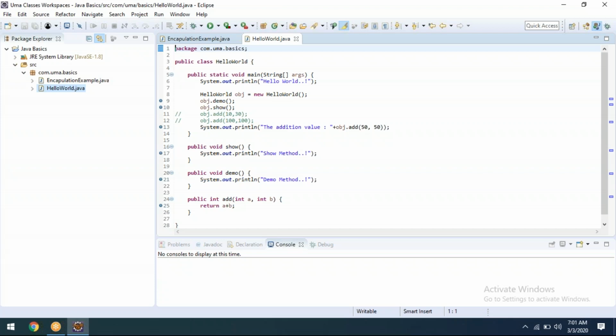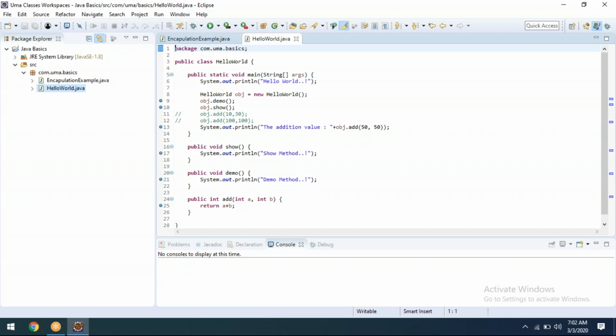Perfect, right? Now the flow is next. In real time, there is a connection between parent and child, and we are able to see that physically. Now in terms of Java, how can we make the connection between two classes, and how to acquire the properties from one class to another class?